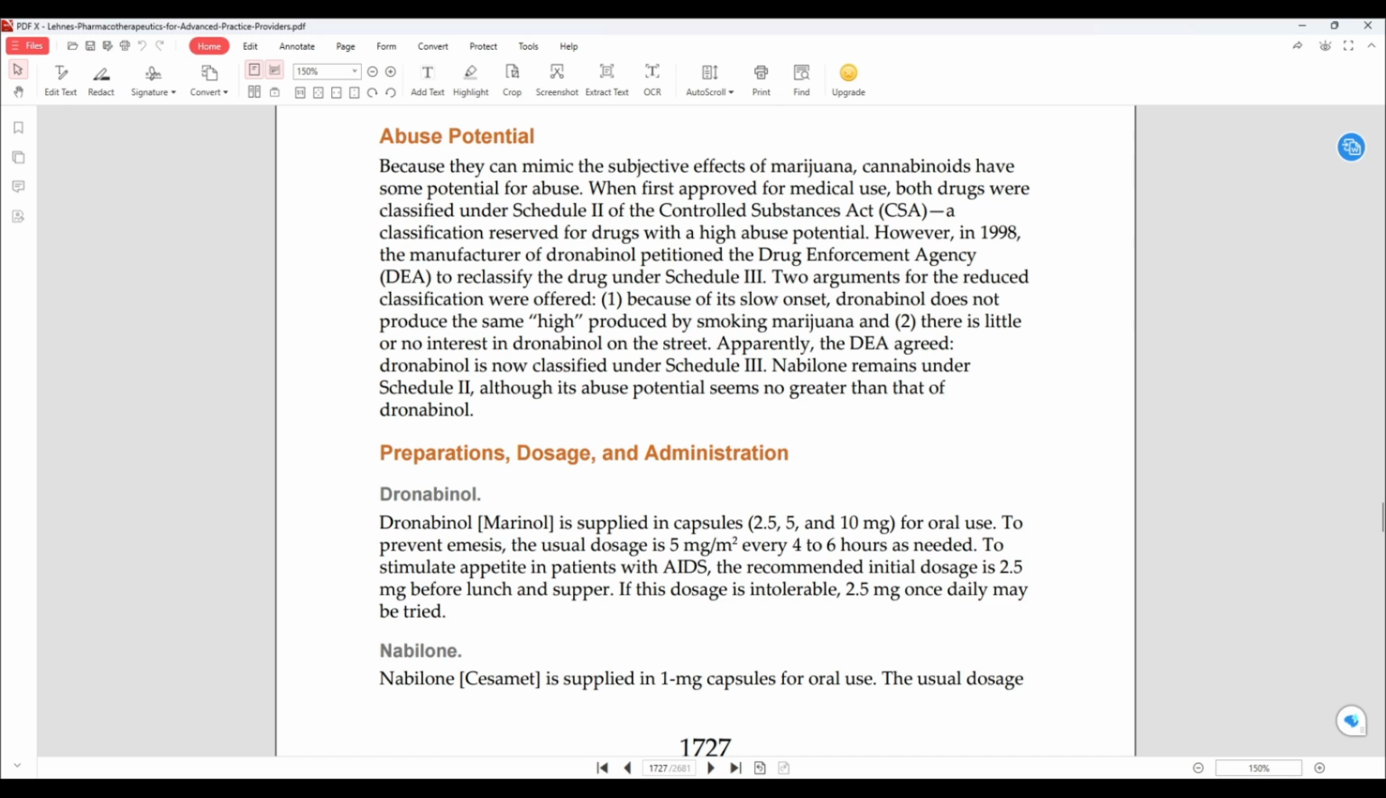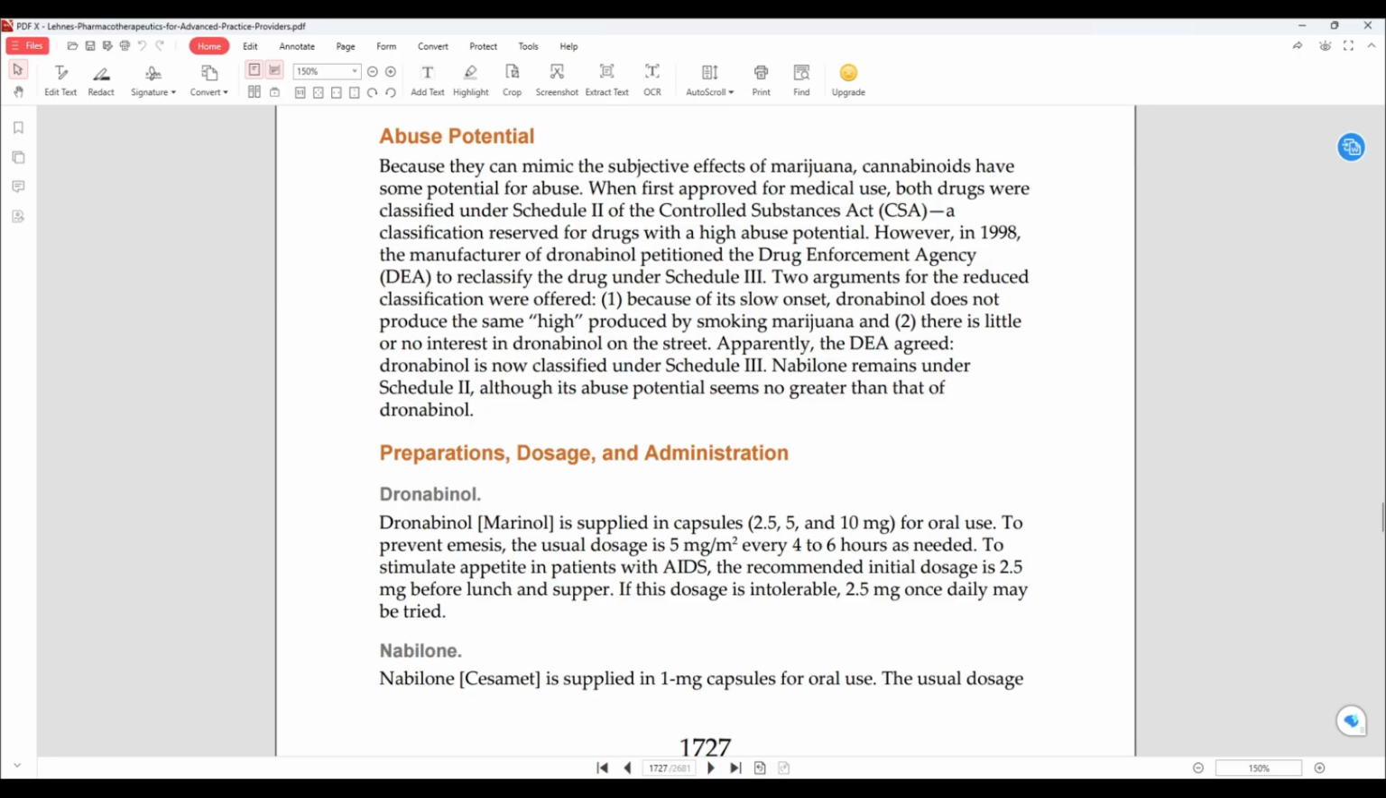The abuse potential. Because they mimic the subjective effects of marijuana, cannabinoids have some potential for abuse. When first approved for medical use, both drugs were classified under Schedule II of the Controlled Substances Act, a classification reserved for drugs with a high abuse potential. However, in 1998, the manufacturers of dronabinol petitioned the Drug Enforcement Agency to reclassify the drug under Schedule III. Two arguments for the reduced classification were offered. One, because of its slow onset, the medication does not produce the same high produced by smoking marijuana,